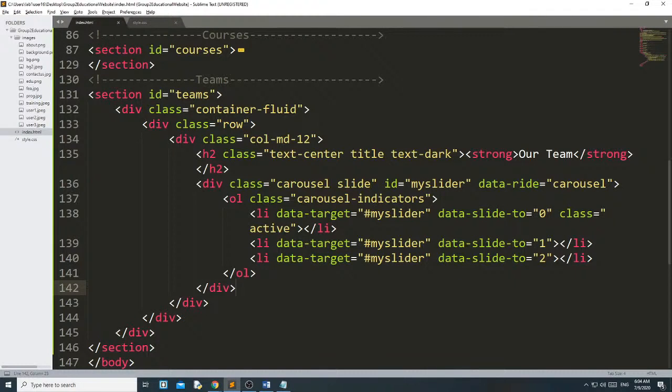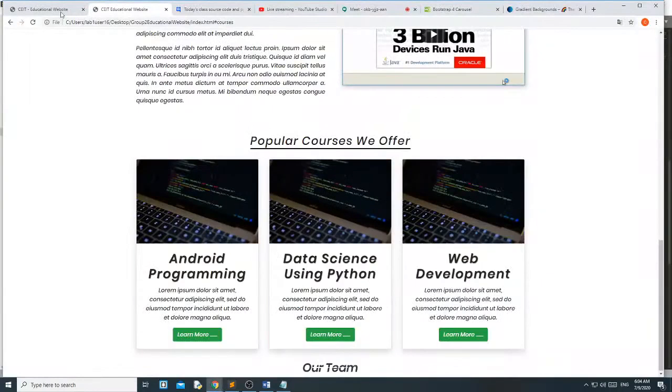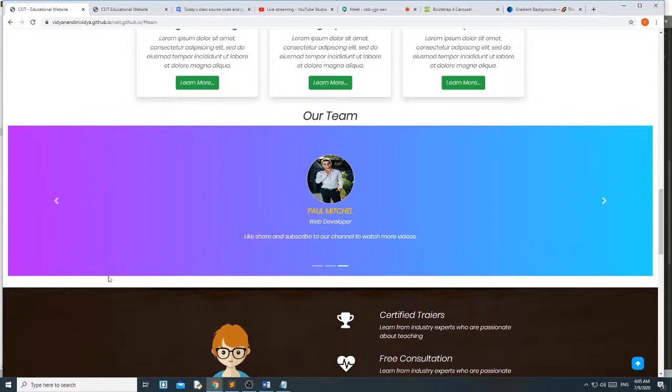Okay, this is the overview of the carousel. In the next class I will show you how to use the carousel completely, means how to create this part like we have created. And you can see that whichever image is opening becomes active.